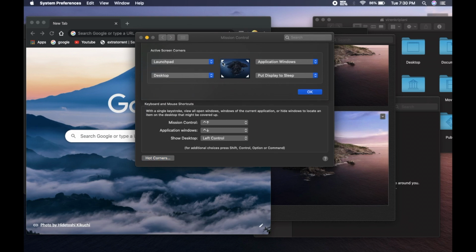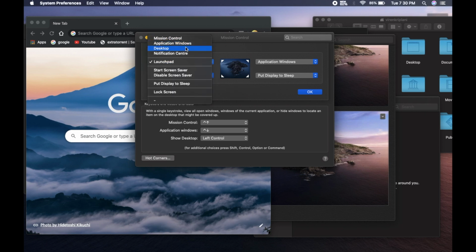So as you saw, the bottom left corner shows the desktop, the upper left corner shows Launchpad, the top right corner shows application windows, and on the bottom right corner I have selected to put the display to sleep. So you have a few things to select from here. You can select any one from the given options as per your need, and if you don't want any, you can select the inactive option and nothing will happen when you move your cursor to the corner.